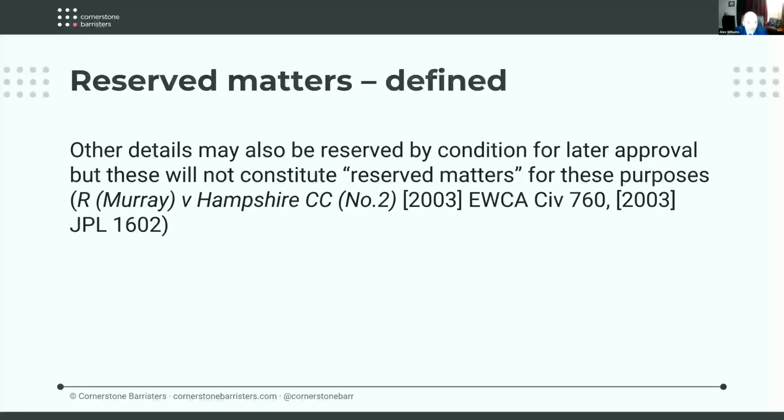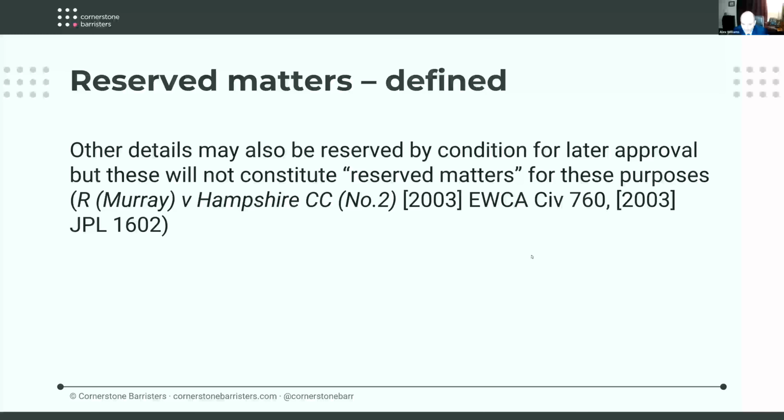That case involved the grant of outline permission, and to that outline permission there was attached a condition concerning off-site mitigation measures. In that case, the developer had 3 years from the grant of permission to have reserved matters approved, and 5 years in total for development to take place. And the court had to ask itself in that case, this condition in relation to off-site mitigation measures, which time limit applies? Is it the time limit relating to reserved matters, or is it the 5-year time limit relating generally to conditions? And the Court of Appeal held that it was the latter.